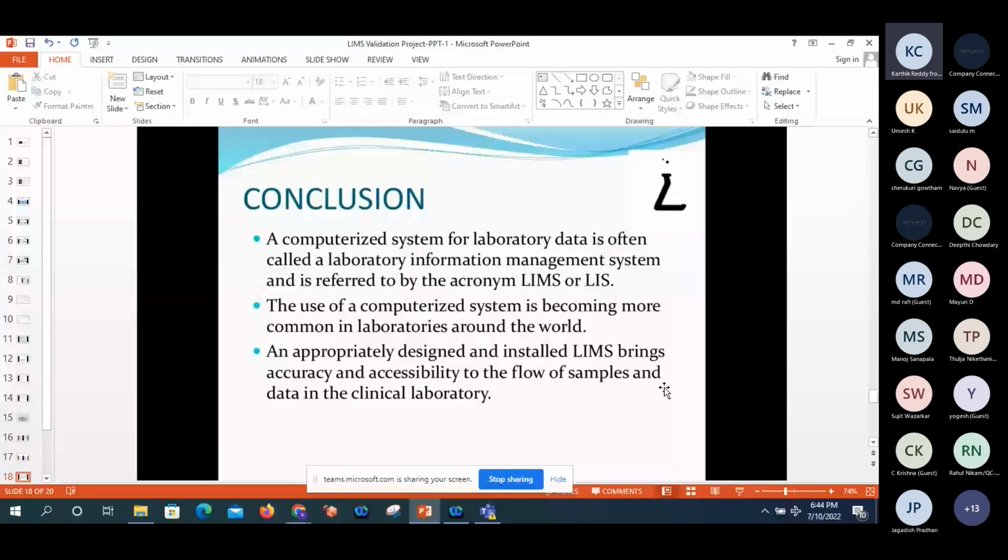So, conclusion: a computer system for laboratory data is often called a laboratory information management system, referred to as the system. The acronym is LIMS. The use of computer systems is becoming more common in laboratories around the world. An appropriately designed and installed LIMS brings accuracy and accessibility to the flow of samples and data in the clinical laboratory. So the final conclusion is that